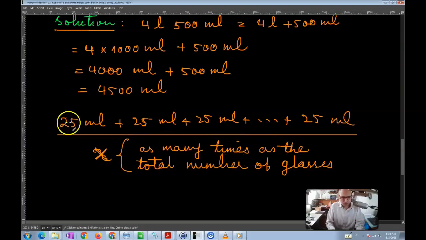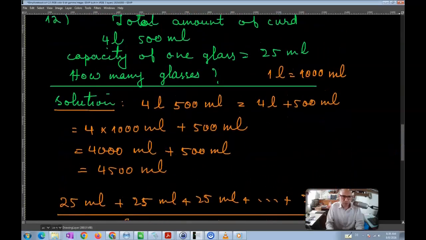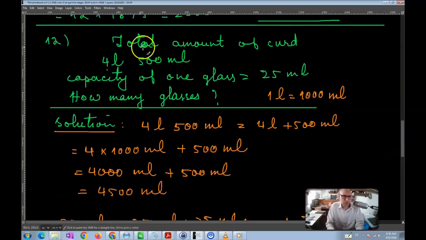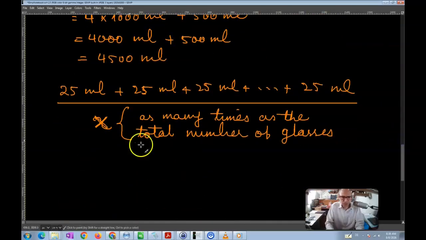So when you put all of this together, it is supposed to become the total amount of curd that we have, which is 4,500 milliliters. This is supposed to be 4,500 milliliters simply because we don't have more than this amount of curd. Now if I add 25 milliliters to itself X number of times,